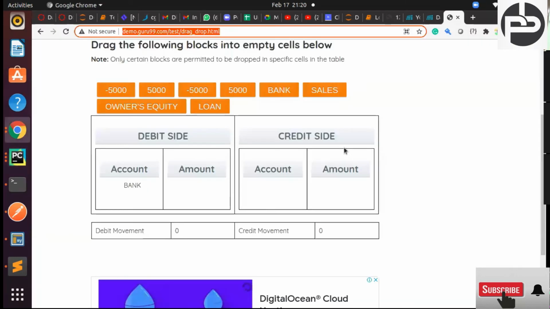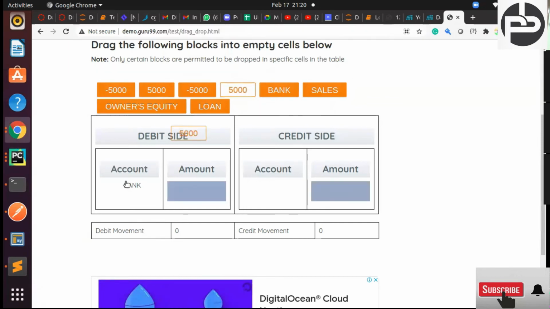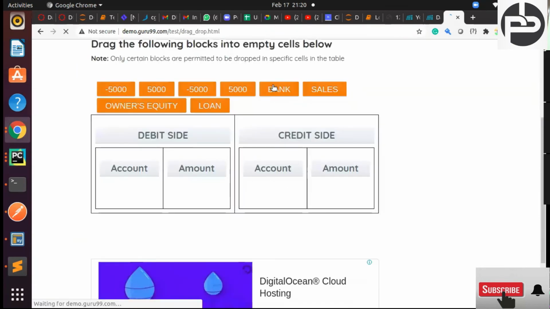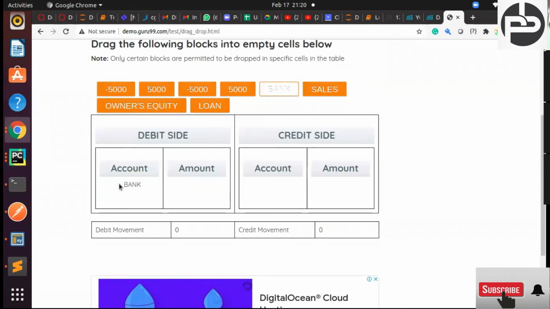Now we have to identify the source. Which thing do you want to pass, and to where? This thing to here. Wait a minute. So bank I have to pass here. And amount, date side, it is not written. I guess they made some dummy website. Anyway, my job is to drag this bank to here.